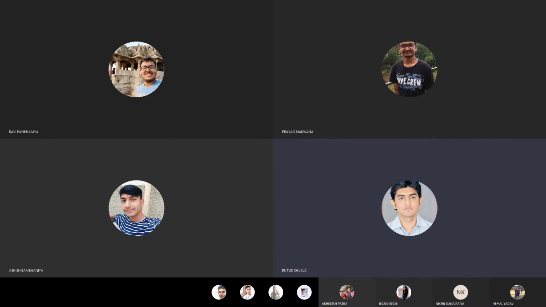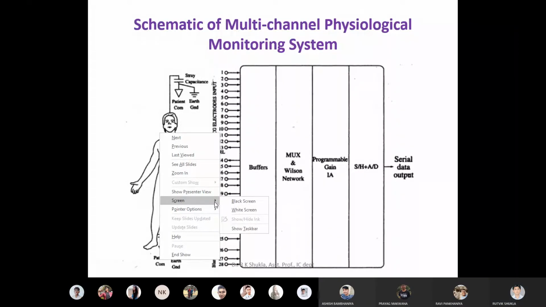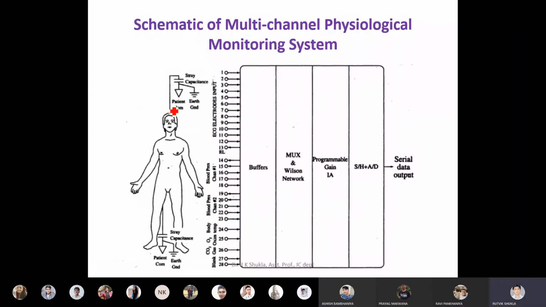Okay, this is what we've been looking at in the last session. In the last lecture, we also saw the protection which is necessary for the machine while the patient is connected with the ECG, and suddenly if the patient requires the defibrillation procedure, then there has to be a high energy electrical pulse which is delivered to the patient.